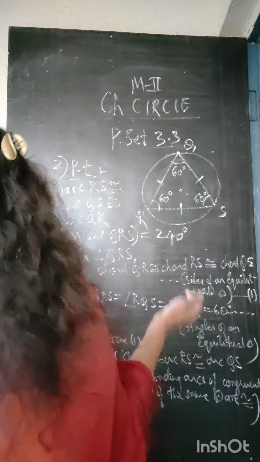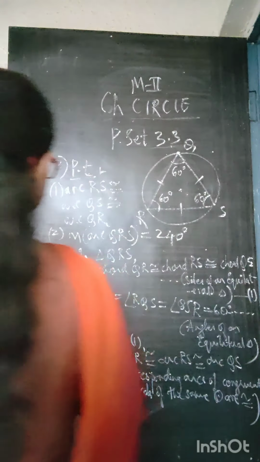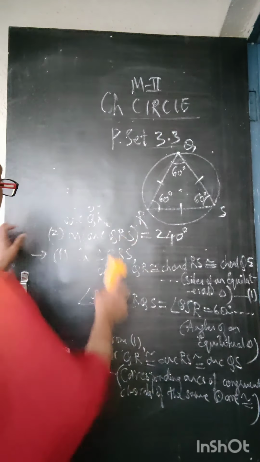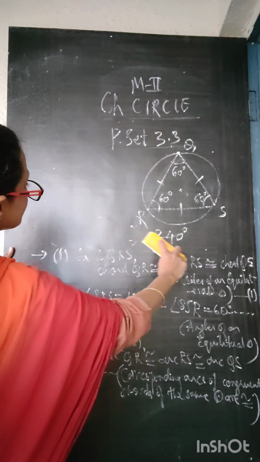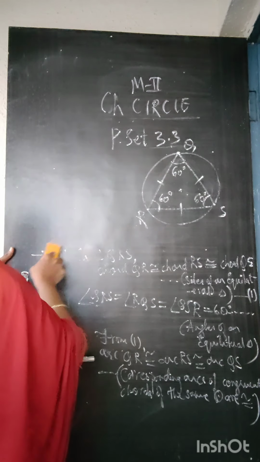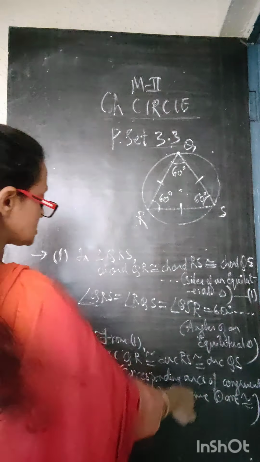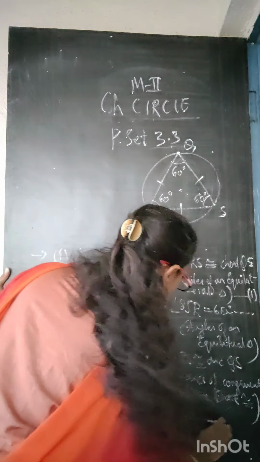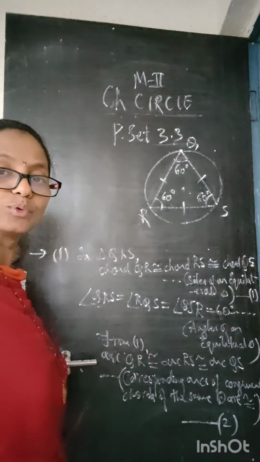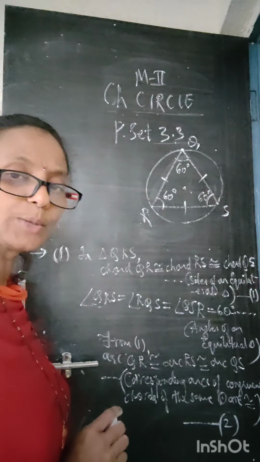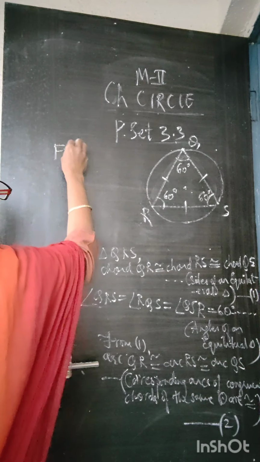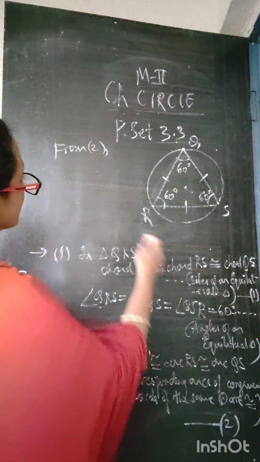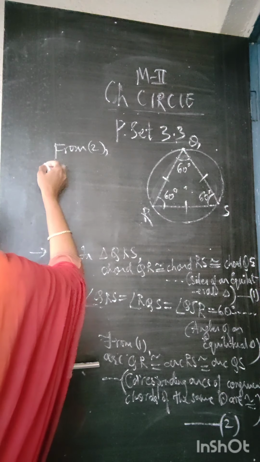And for the second part I will rub the above part of the question, so here I'll have space. What is the second part I have to prove? Measure of arc QRS is 240. So for that, already I said that the arcs are congruent. Since these arcs are congruent, I will number it equation number 2. So from 2, what do I have?